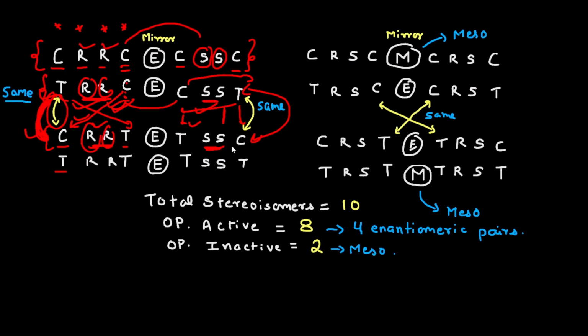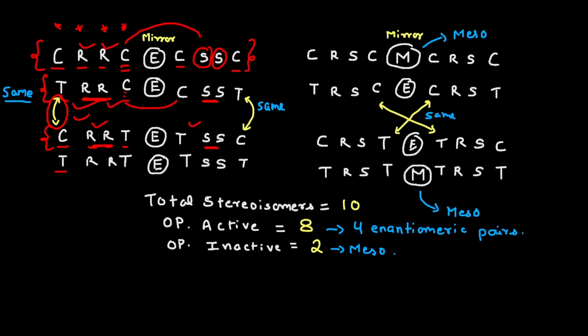So you should understand, after drawing, that you should not repeat things more than once. And once you have done this, you have got that these two are the same. Now, coming to this part, these two particular ones, you will understand that again these two are non-superimposable. The two S are not going to superimpose on two R, and you have not taken any possibility like this before also. So you will treat these two as separate.